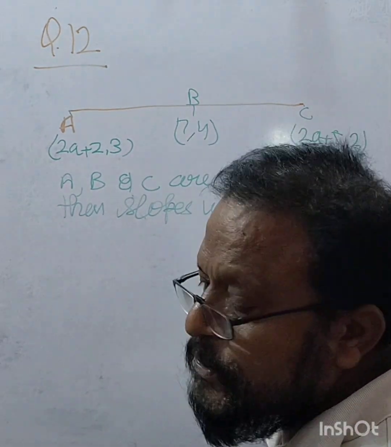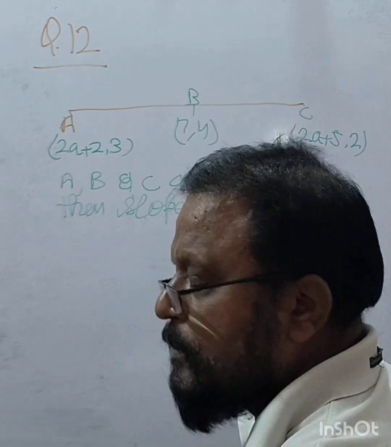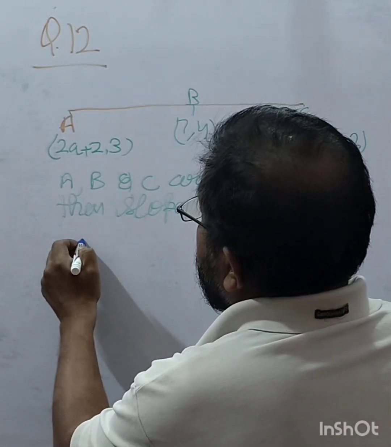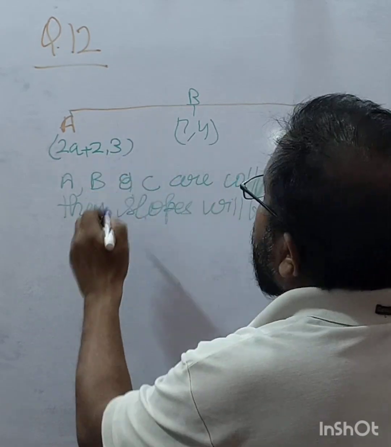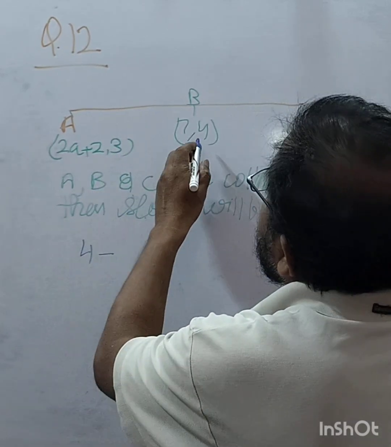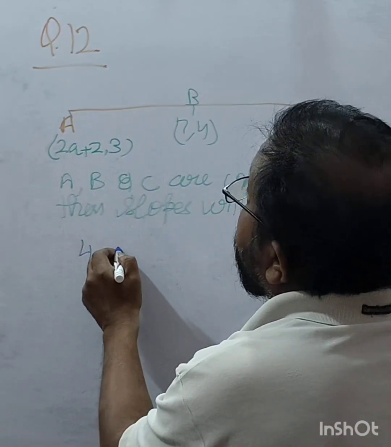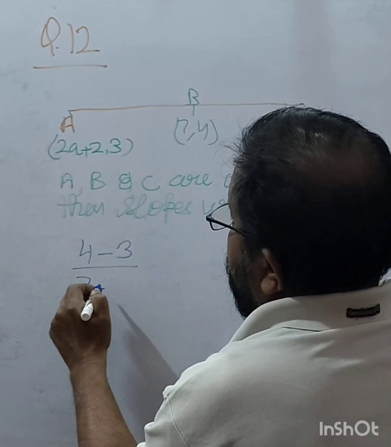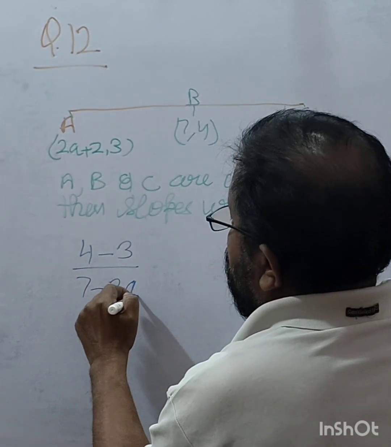Right? When slopes are equal, so what happens? 4 minus 3 upon 7 minus 2a minus 2